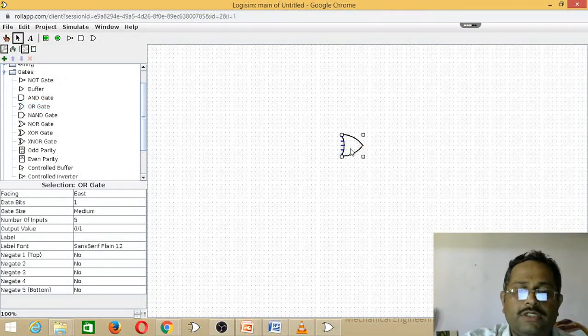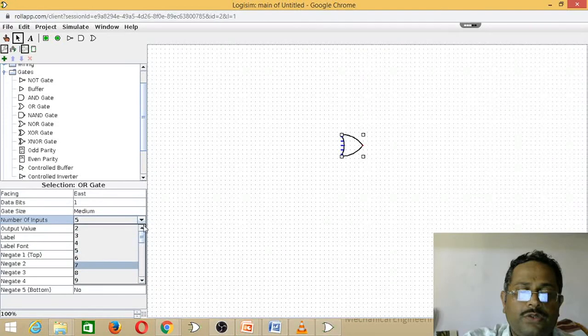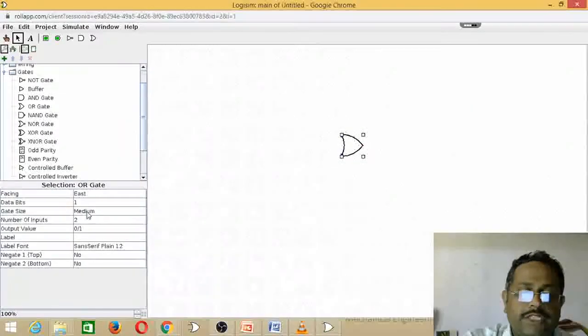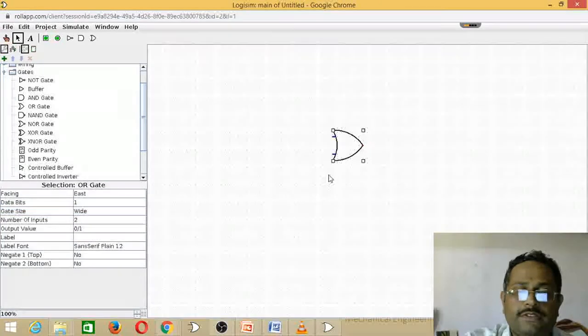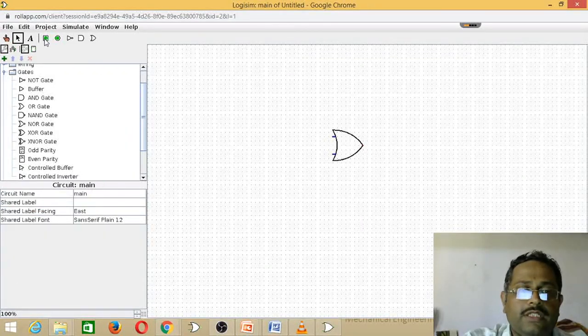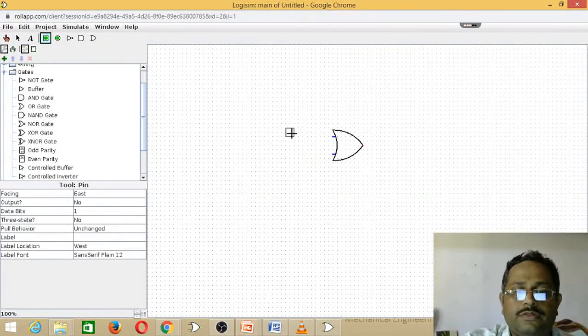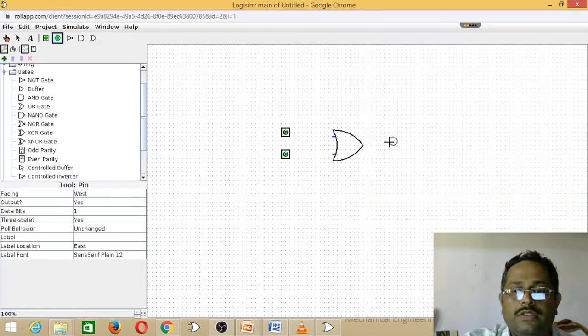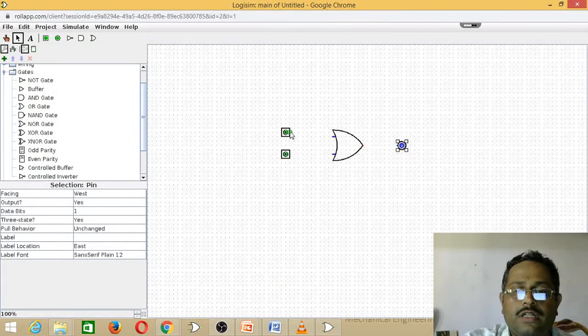Change the number of inputs to 2, then change the size to wide, then next add the input buttons, next add the output button by clicking on that, then wiring them.